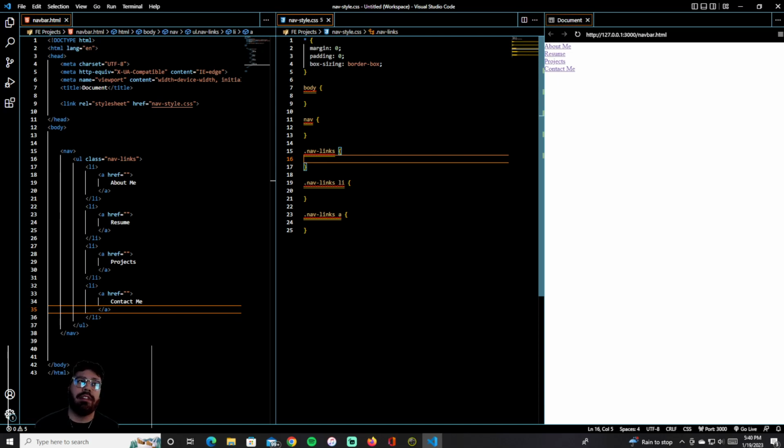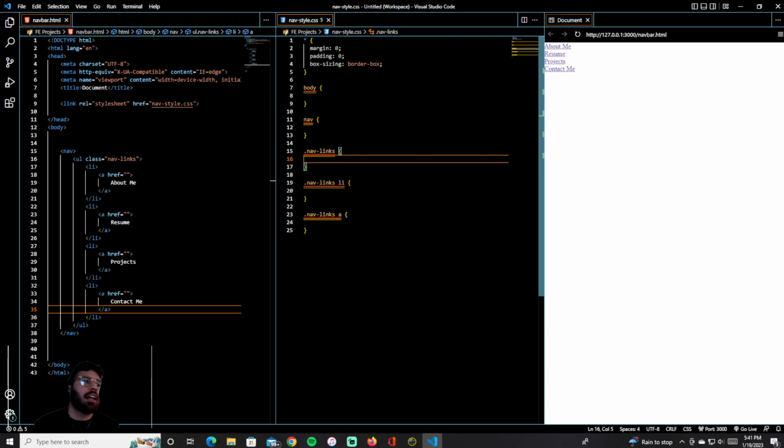Because when I first started, it was just driving me crazy because I couldn't grasp why a column will be here and a row will be here, a column here, a row here, vice versa, or why one piece of content is going to be here and the other is going to be here. I just couldn't visualize it. So I decided to take a step back and add a border, and adding a border definitely helps because it lets you visualize and see where things are,